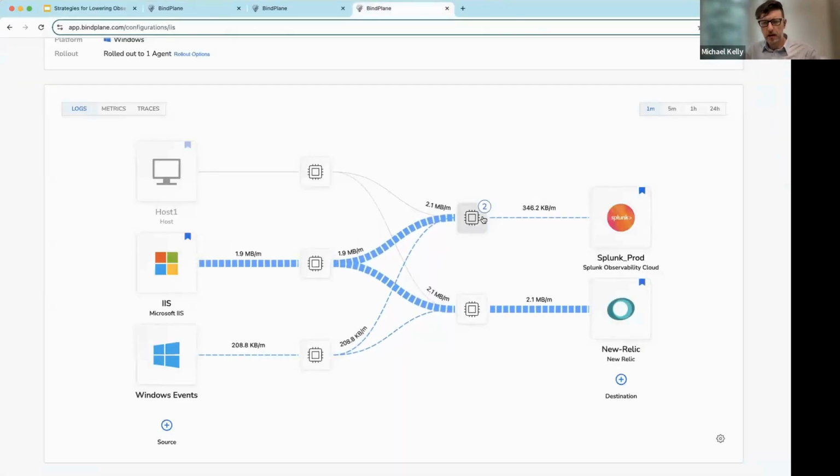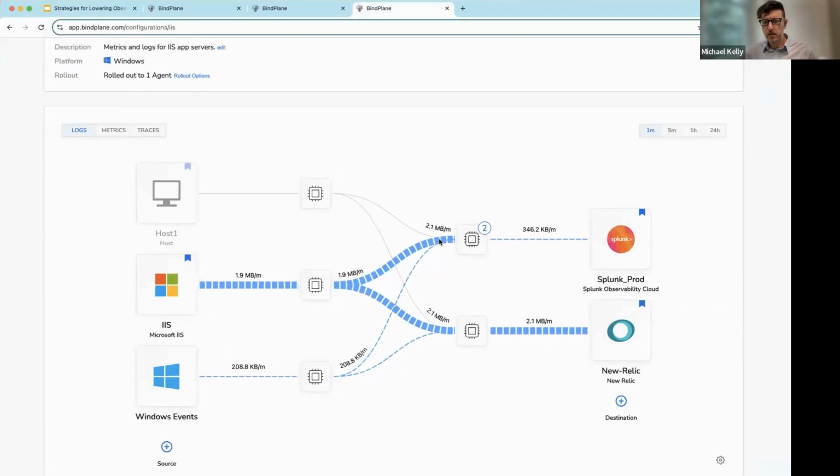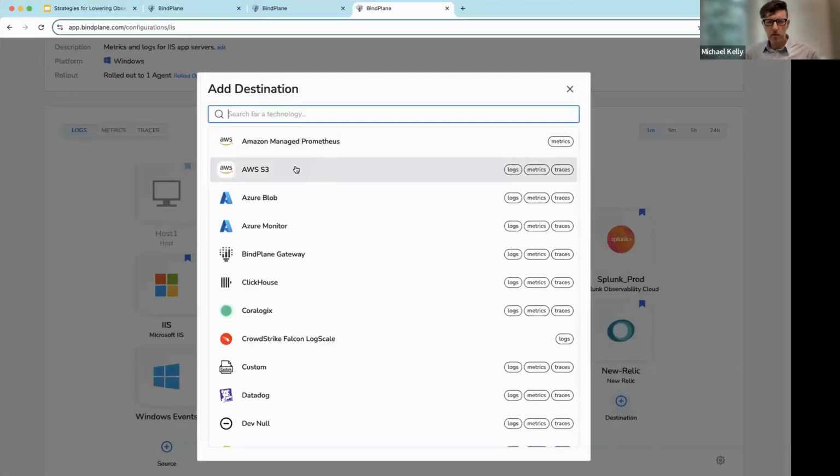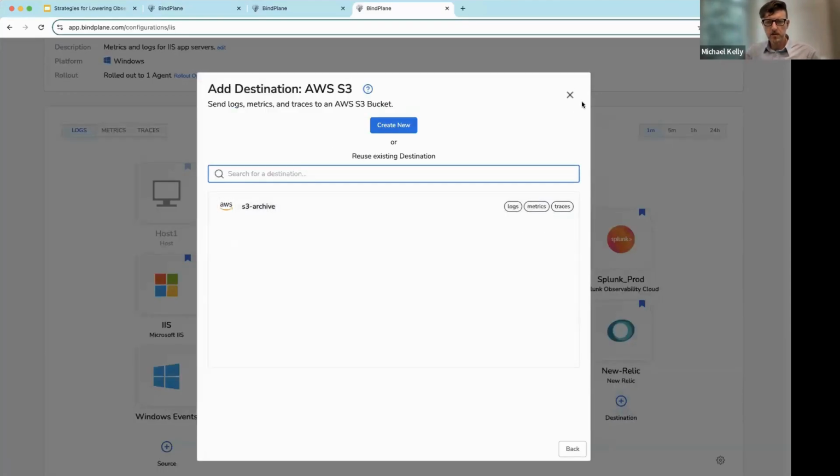And to give you an example of that, we see the reduction took effect. So we see a significant drop from 2 megabytes per minute to under 300K per minute. But now let's do something even more significant with this. And we could say,